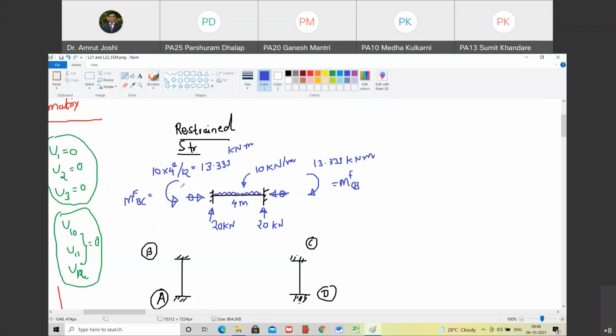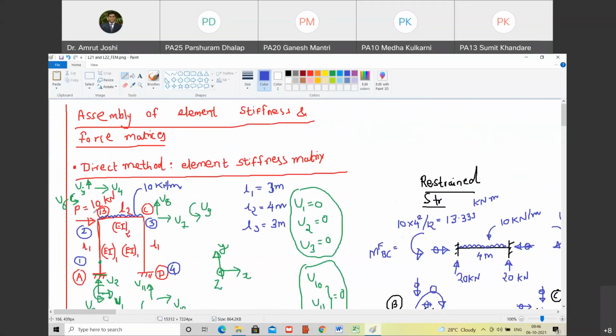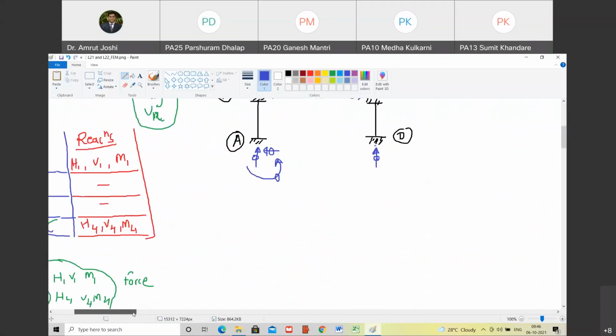Yes, sir. What are the reactions? So all the 6 reactions we have shown here. What are the 3 reactions here? All the reactions are going to be zero because there is no member load. Do you agree with me? Yes, sir. Similarly, here also all the reactions are going to be zero because there are no member loads. You may ask what happens to that joint load, 10 kilonewton. That is taken care of separately. How? We will see that in a while.